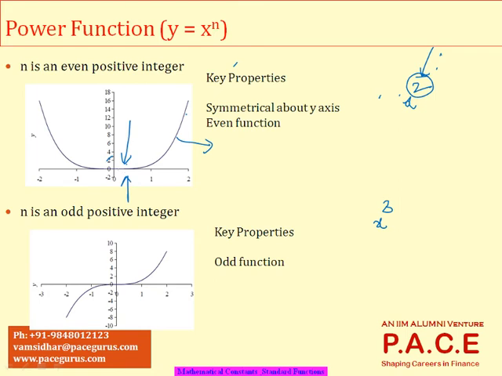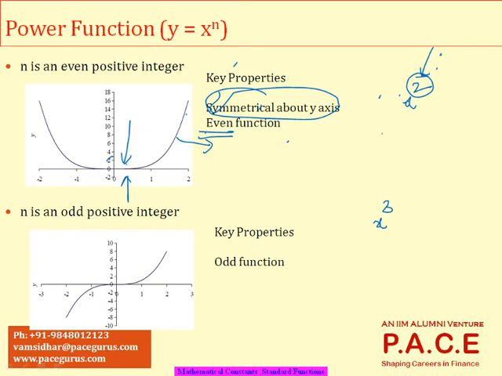And you also see that the graph will be symmetrical about the y-axis, because whether you have x value as 1 or minus 1, it hardly matters. Minus 1 to the power of an even number is always the same as plus 1 to the power of an even number. So you will always find, when n is an even positive number, that it's a mirror reflection over the y-axis. And especially when you find things like that, we call such kind of function an even function,